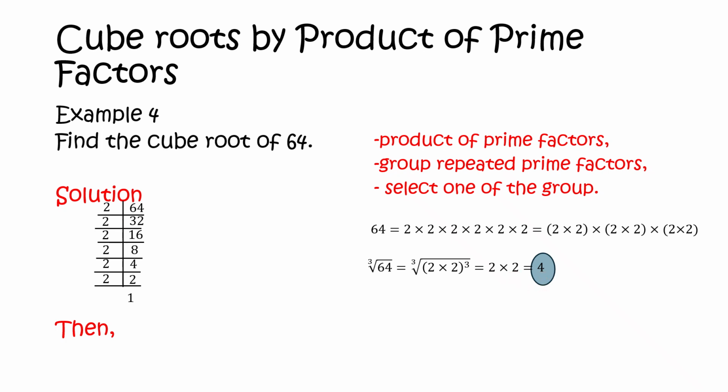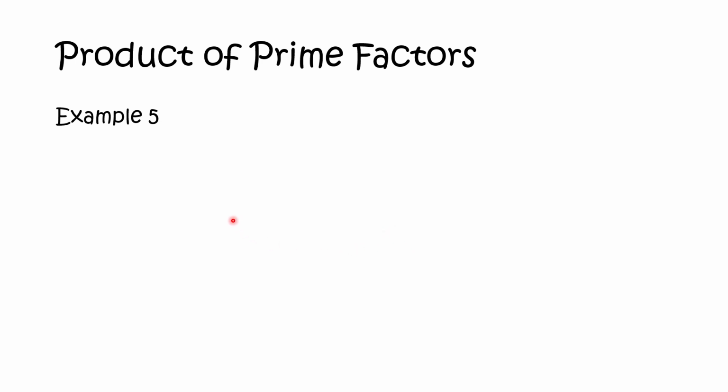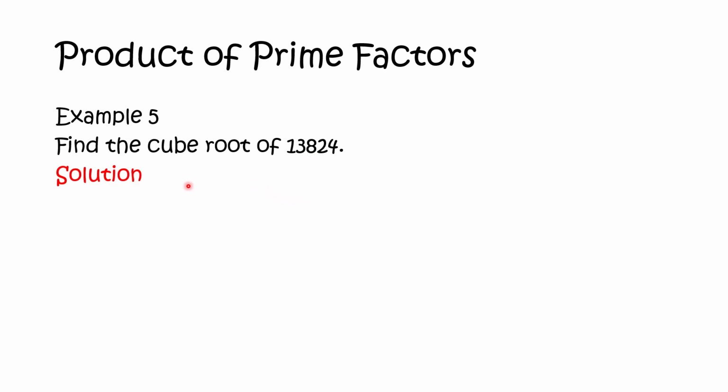Great. Let's move on to another example. This time around, we are finding the cube root of a very huge number, 13,824. As usual, we need to find the prime factors. Of course, the first one is a 2. So 13,824 divided by 2, we get 6,912. Divided by 2,